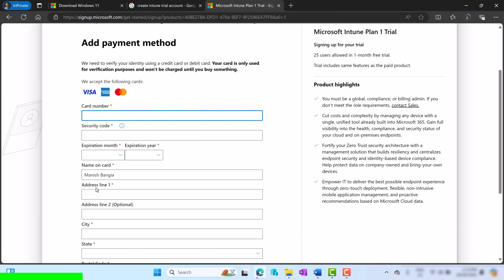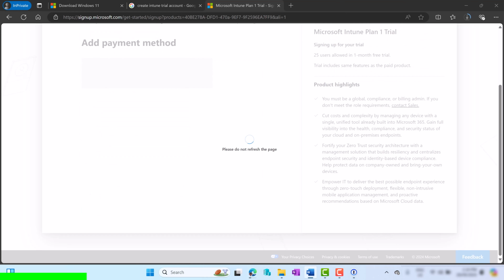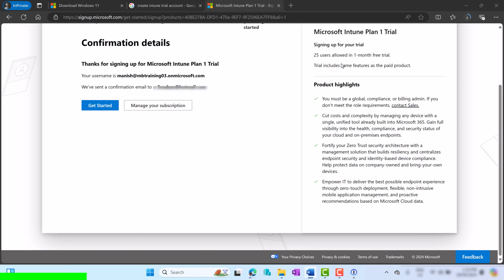So our domain is going to be mbtraining03.onmicrosoft.com. Here you have to provide the payment details, so your Visa or MasterCard details. But don't worry, your account is going to be a trial account, so it is not going to continue after 30 days. Your account is going to expire after 30 days, so no need to be worried about this option. And I can see I have got the confirmation, so things are absolutely looking fine. If I click on get started,